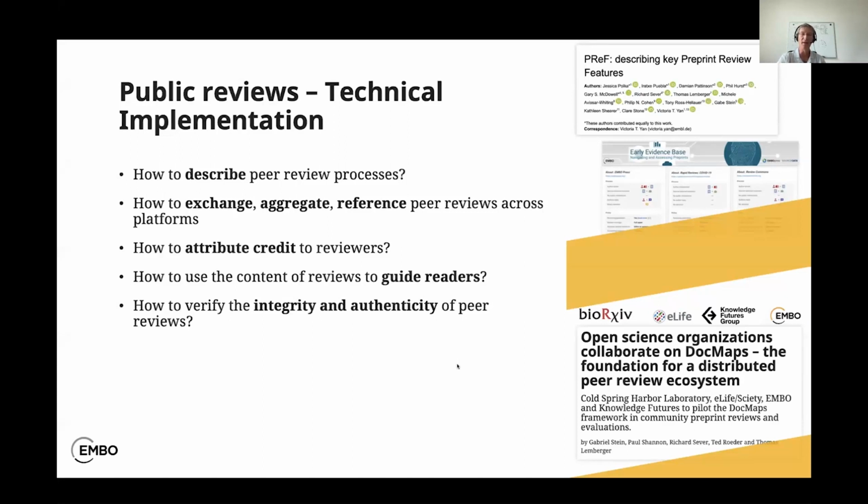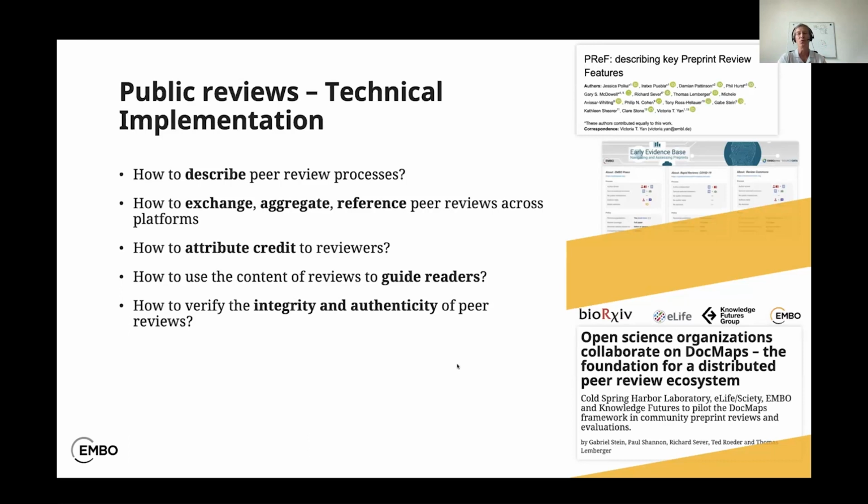How do we describe an entire peer review process across multiple platforms with different policies, different workflows? How can we exchange, aggregate, reference peer review? How can we attribute credit to reviewers? How can we use more the content of the peer review to guide readers on whether they should spend time reading a paper or not? And finally, difficult questions also, how to verify the integrity and authenticity of peer review. So these are big questions, and